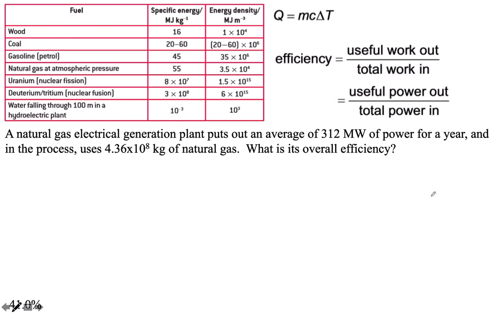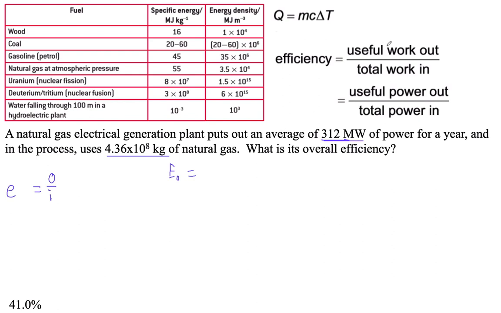A natural gas electrical generation plant puts out an average of 312 megawatts of power for a year, and the process uses 4.36 kilograms of natural gas. What's the overall efficiency? Okay, so the efficiency is output over input. Okay, our energy output